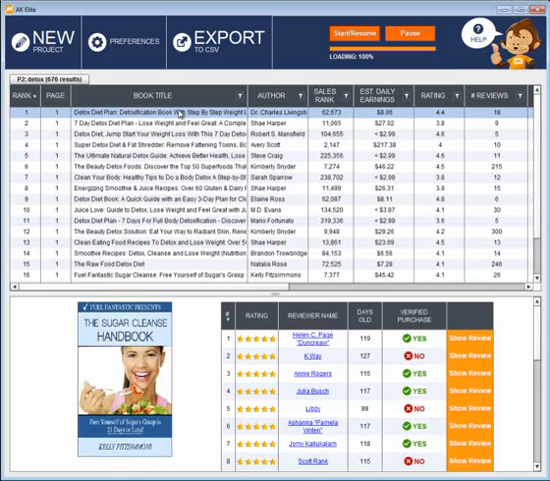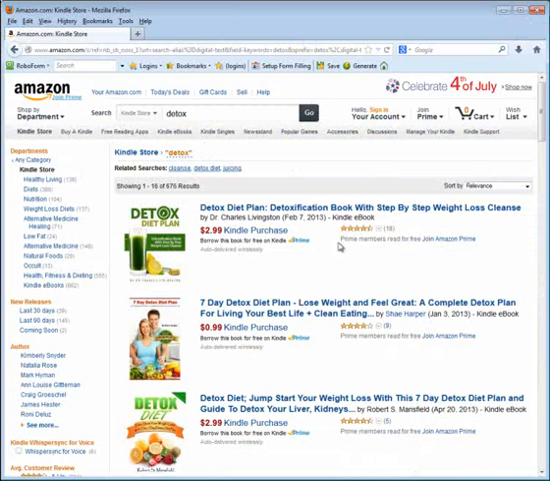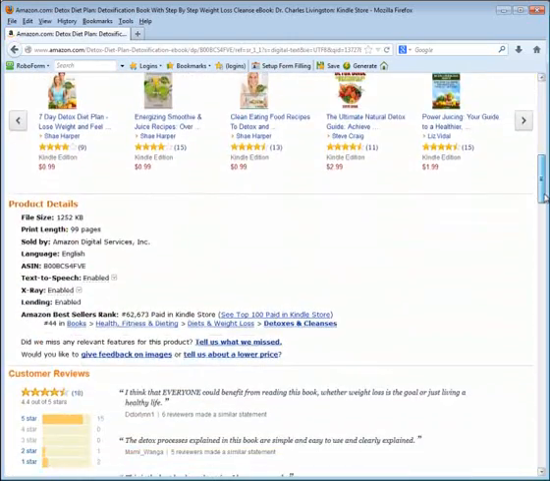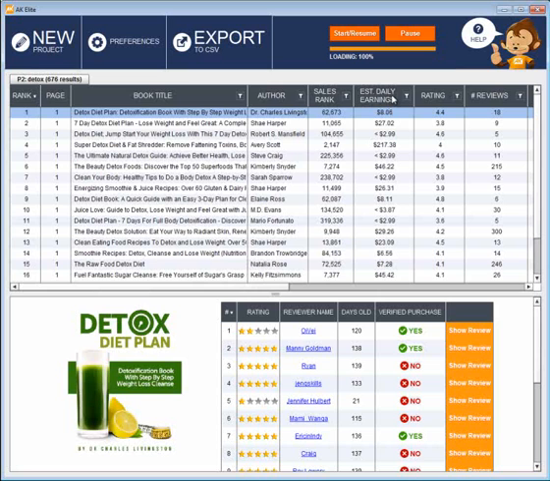Okay, so for example, this top book here, the sales rank is 62,673. Now if we go back into Amazon and we click on the actual book listing and we go inside here, we scroll down, you can see that the book rank here, Amazon bestseller book rank, 62,673. Alright, we'll go back into AK Elite. The estimated daily earnings. Now this uses our proprietary formula where we come up with a very good guess based on our formula as to how much this book is earning this author per day. So for example, this top book here is earning Dr. Charles Livingston